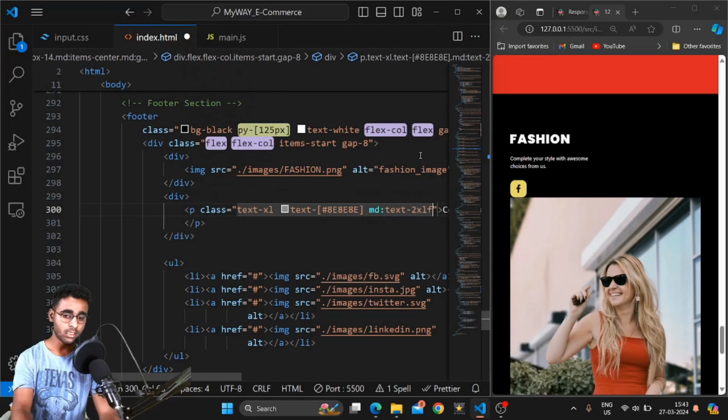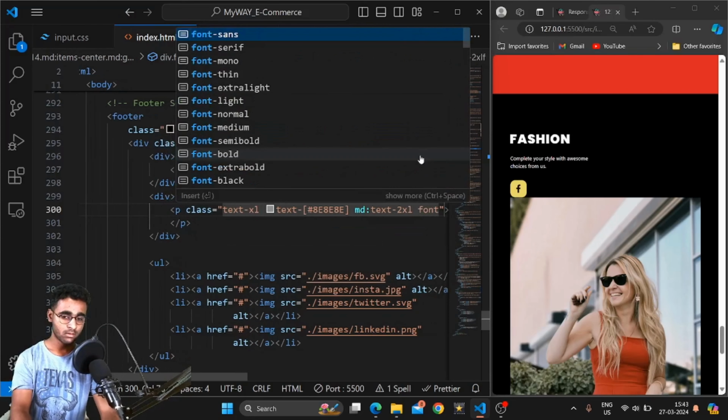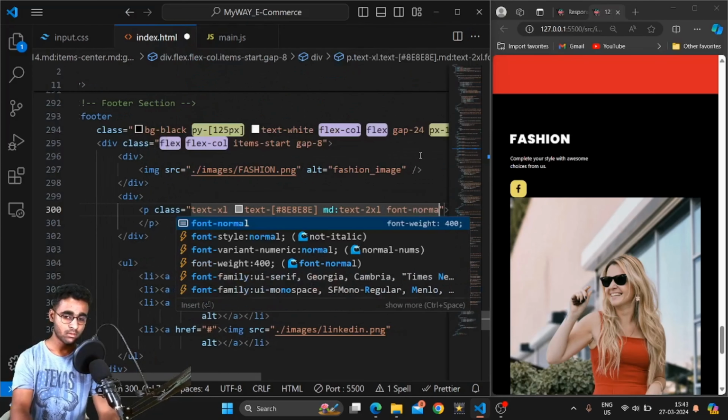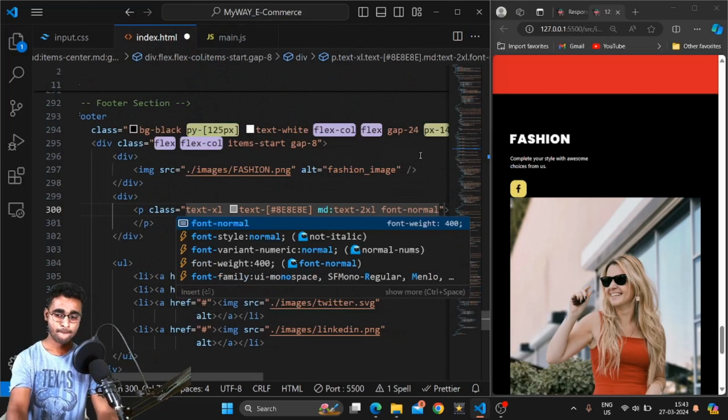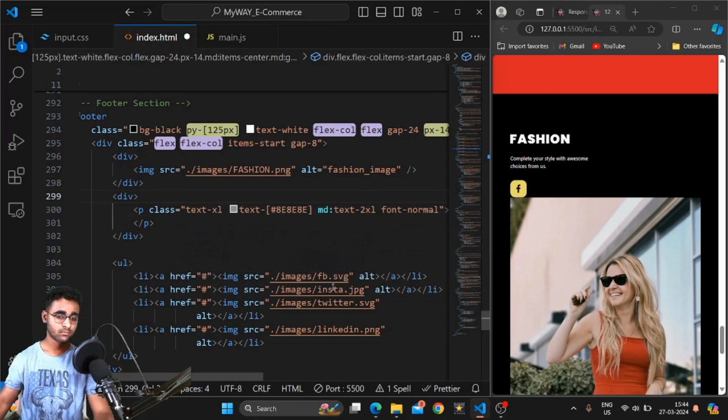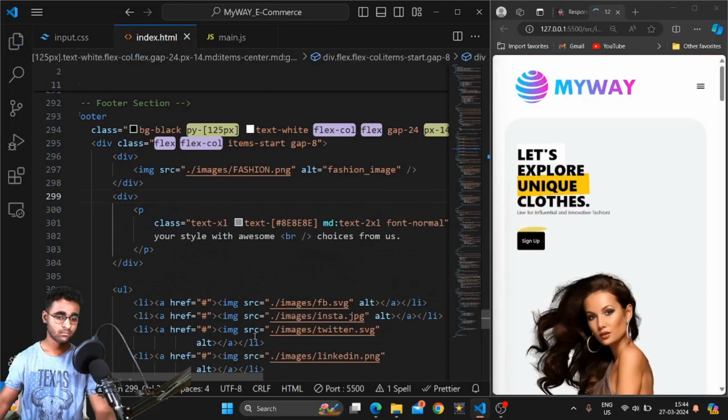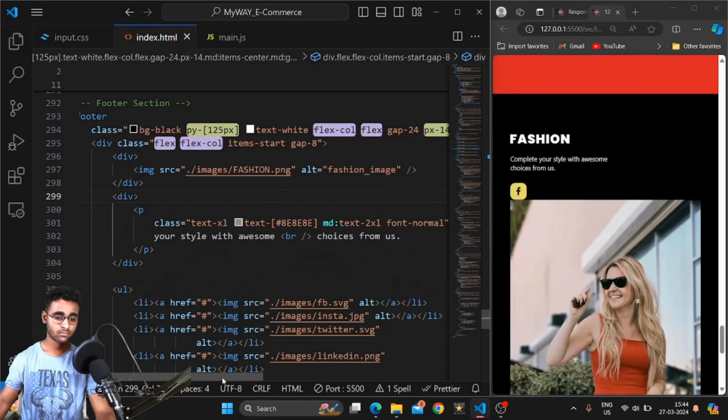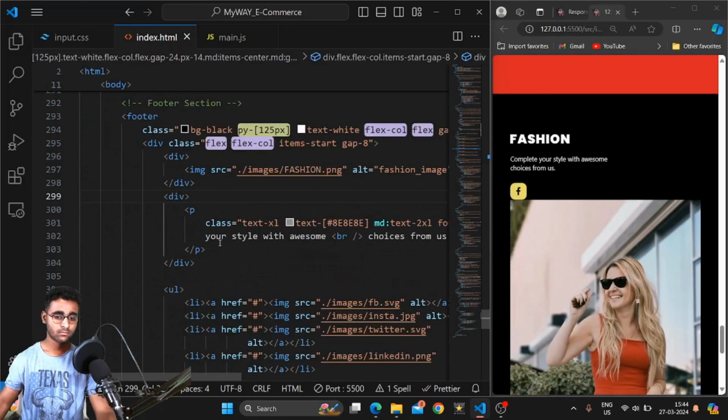The font will be normal. After the p tag,